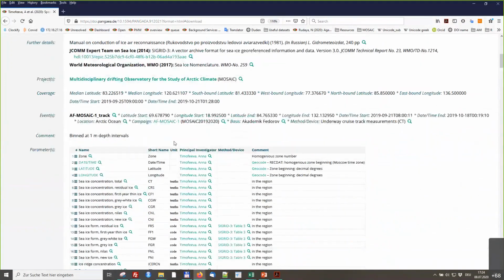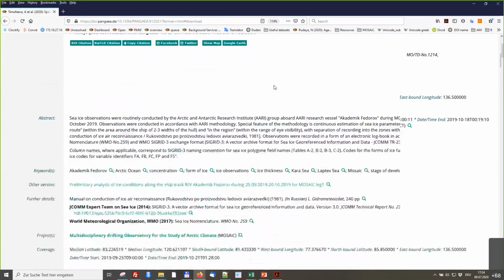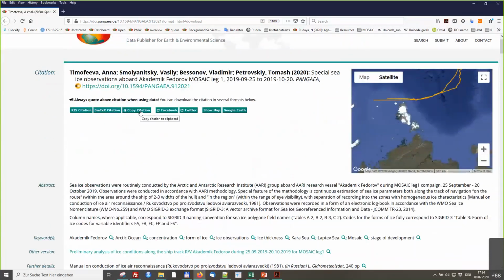Here are the parameters that I showed you before. And you can see that the project is MOSAiC. You click on this, you get more information, short label, and the funding number here as well. You can copy the citation of the dataset and reuse it in your publications. I would also like to stress the abstract for the dataset, which describes the data, not any related paper.